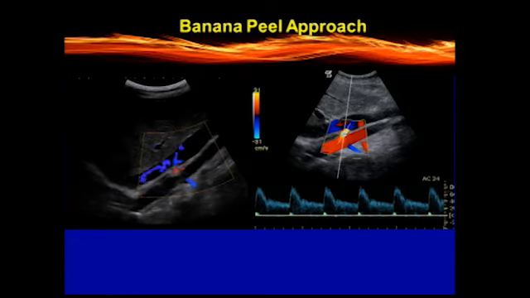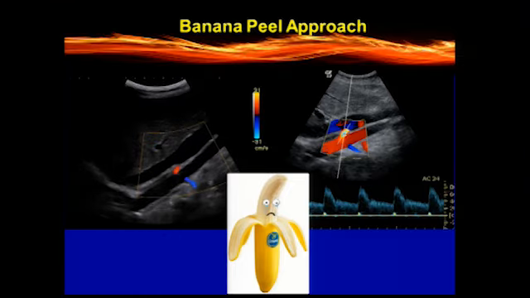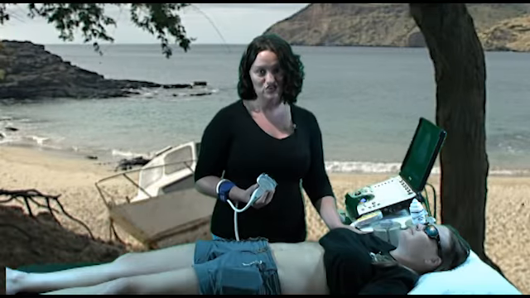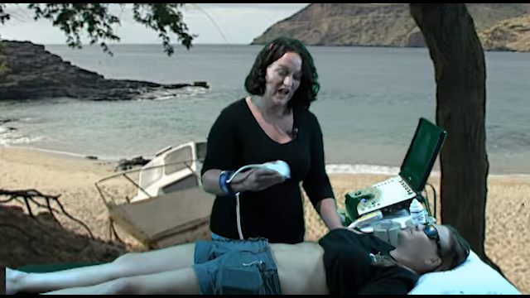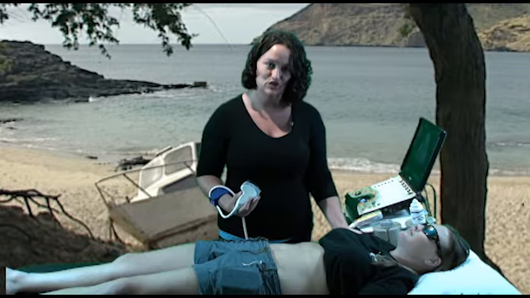But don't go bananas, and instead remember the banana peel sign, this alternative imaging approach to the renal arteries using a coronal scan plane. Now let's go scan and see how this works in real time. What you're going to do is, instead of coming from a more anterior traditional approach, we're going to have the patient turn decubitus,